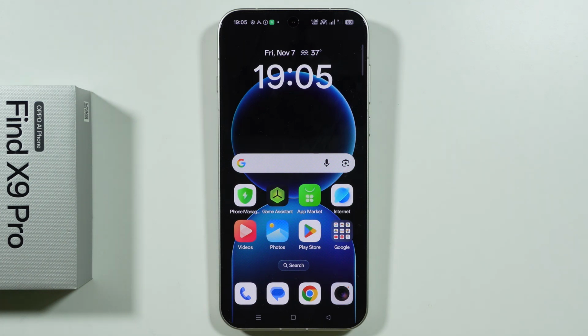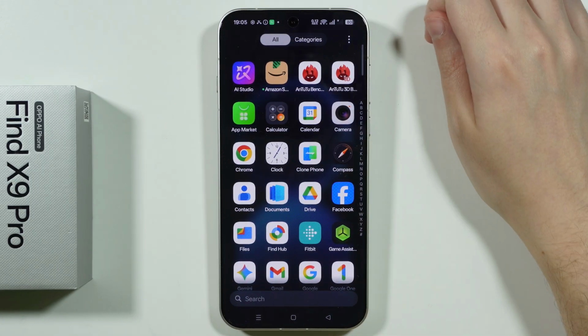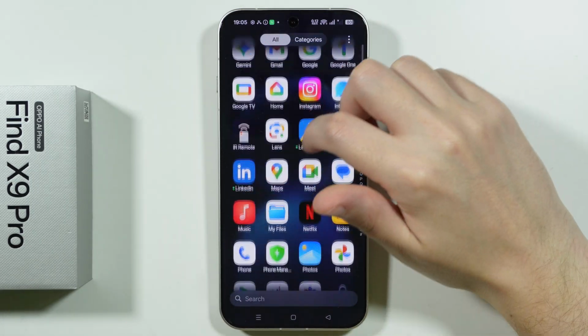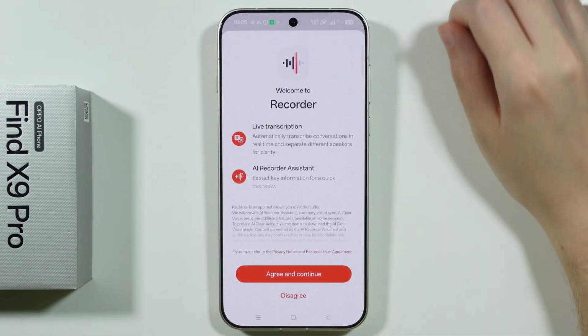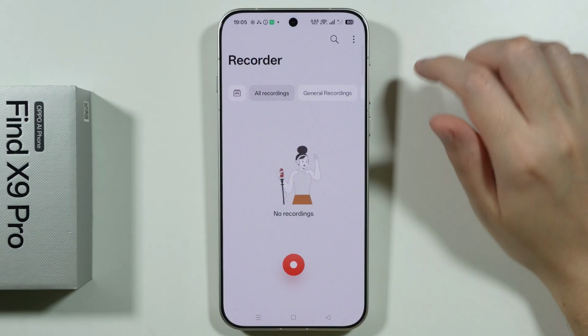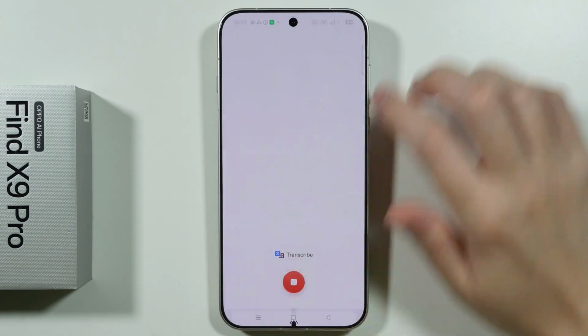If you want to record sounds and create voice memos on OPPO Find X9 Pro, all you have to do is simply go to the app drawer, and then in here you should be able to find the recorder. Press agree and continue, and then we can use this red button at the bottom of the screen in order